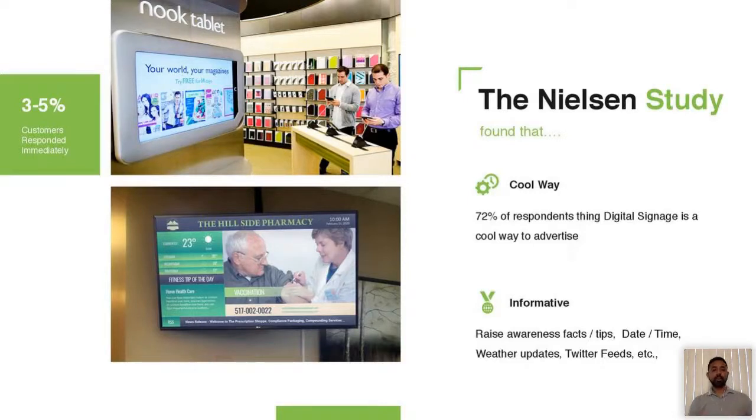By sharing this information, according to some of the Nielsen studies, 3 to 5% of the customers respond immediately. So we are getting a response from the customer and collecting it as revenue.